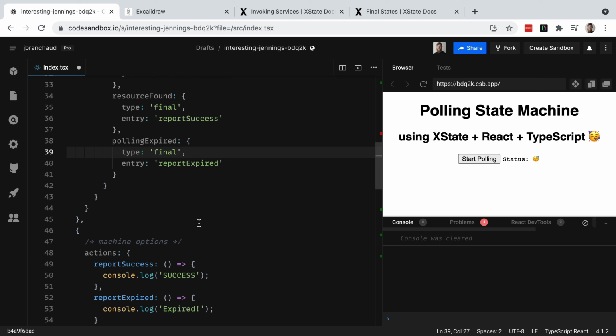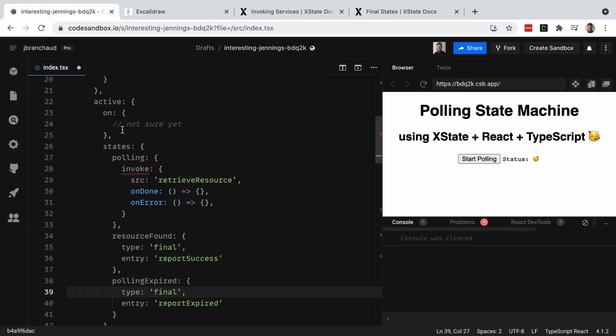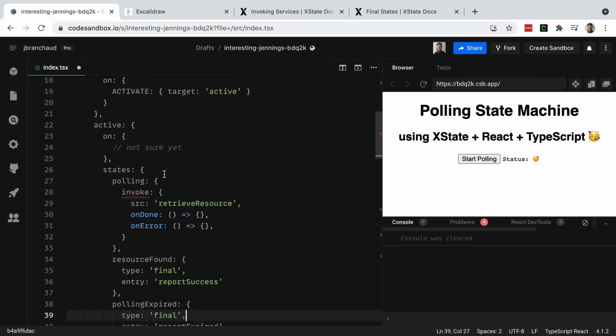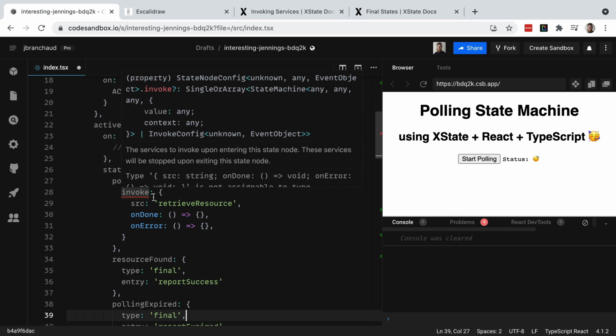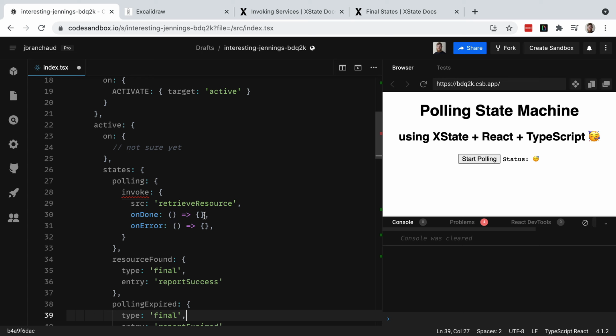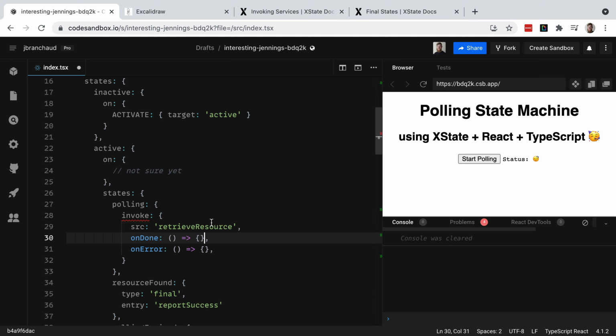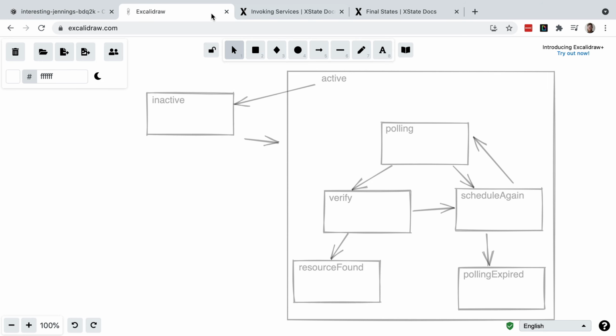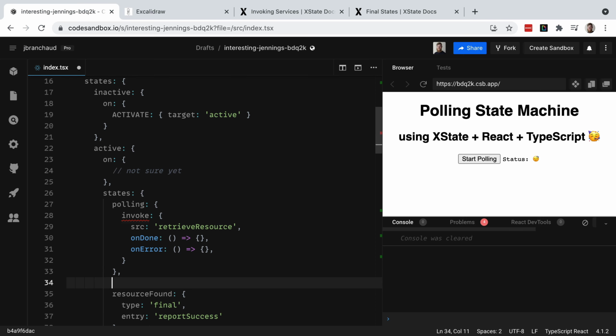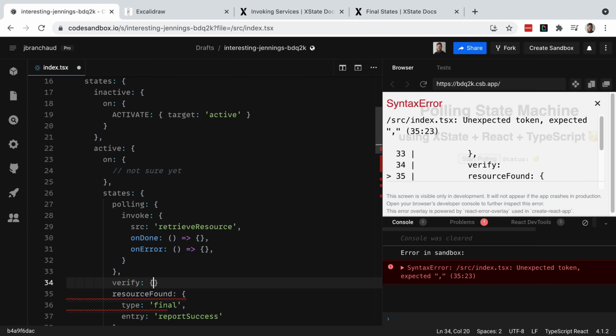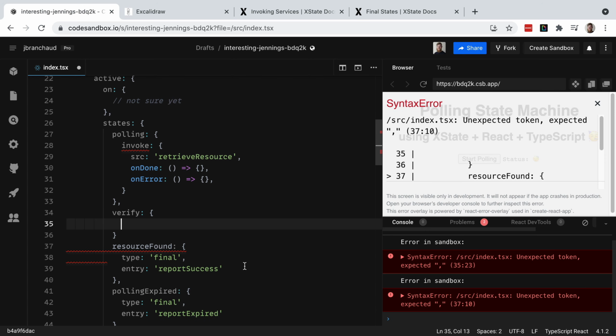Okay, so what piece of this do I want to look at next? We invoke this thing, onDone. What do we want to do here? Well, I guess we need these next two states if we're going to figure out what to do here. So we have verify and schedule again. So we'll do verify. And so in this verify state, we'll transition here, and